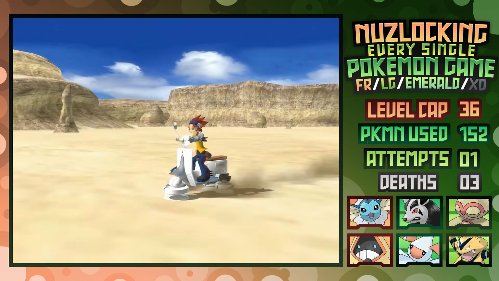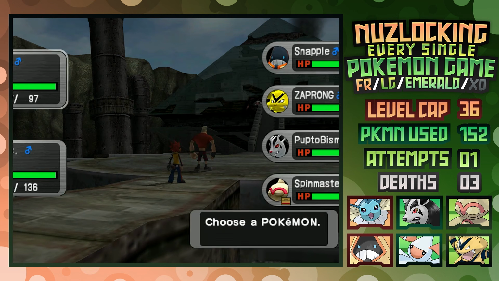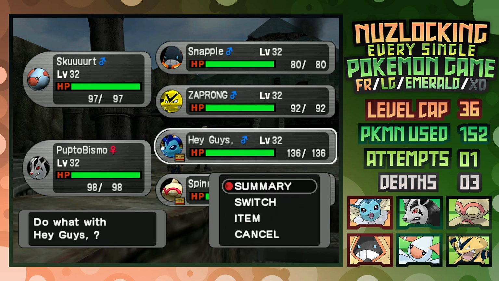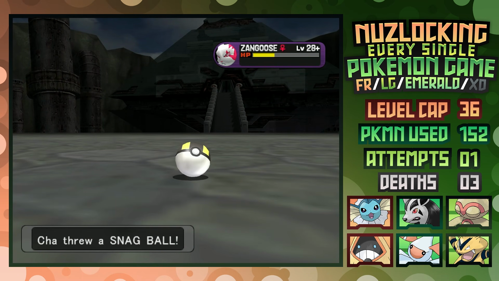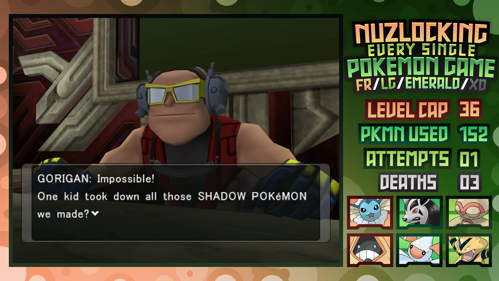Speaking of which, though, all we've got left is Gorgon over in the Cypher Key Lair before we head to the final area. Before we can get to him though, the first Shadow Pokemon we encounter here in the Cypher Key Lair is Zangoose, so I make sure to snag it just in case I need some team filler later on. Then after beating the hell out of all the grunts, we're ready for Monkey Man,